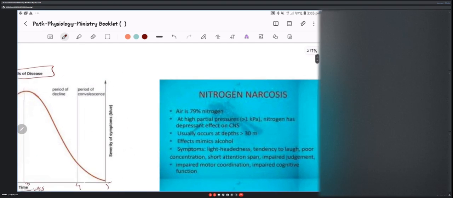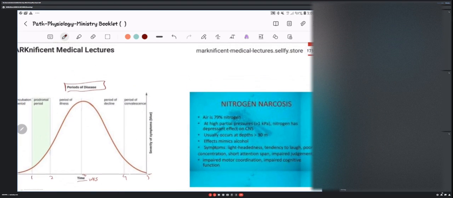Then next we'll talk about nitrogen narcosis. This is a disease condition that comes as a result of high nitrogen found in the system. Now, before I go further to explain this, there's what we call the occupational